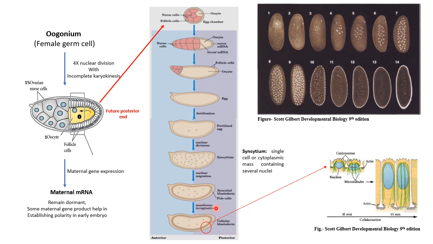Now this step, that is the transition from syncytial blastoderm to cellular blastoderm, can be inhibited or prevented by all those drugs that can target microtubules or microfilaments. So these are certain examples of microtubule and microfilament inhibitors, and also, as far as I know, no questions have been asked from this region so far. So you should take it as an important point. In future, CSIR might ask questions from this region also.